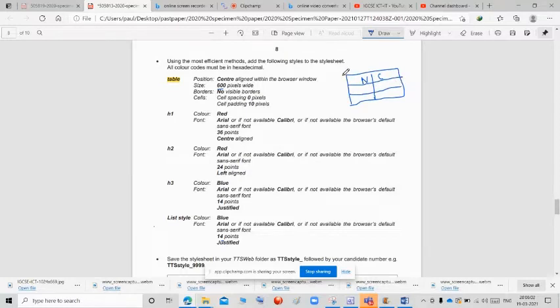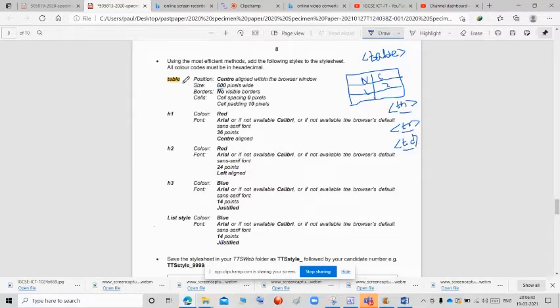So in HTML, we will call this a table tag. The whole table we will call the table tag. The headers we will call the th, table header. For each row, first row, second row, third row, we will call the tr. If there are any numbers or names inside the cells, we will call it td, table data. Table, table header, table row and table data. Now we can go to the question.